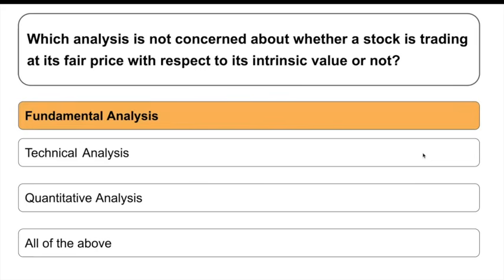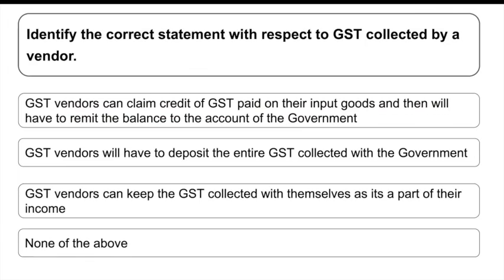Because fundamental analysis is not looking at the charts, it is not looking at what price the stock is currently trading at, whereas it is looking at the long term investment perspective, whether the management is good or not, and how the stock is doing compared with its peers. So that is what the analysis consists of. Whereas technical analysis would be looking at the price, whether it is a good price to buy, a fair price to buy. All that kind of analysis will be happening under technical analysis. So the correct answer here would be fundamental analysis.